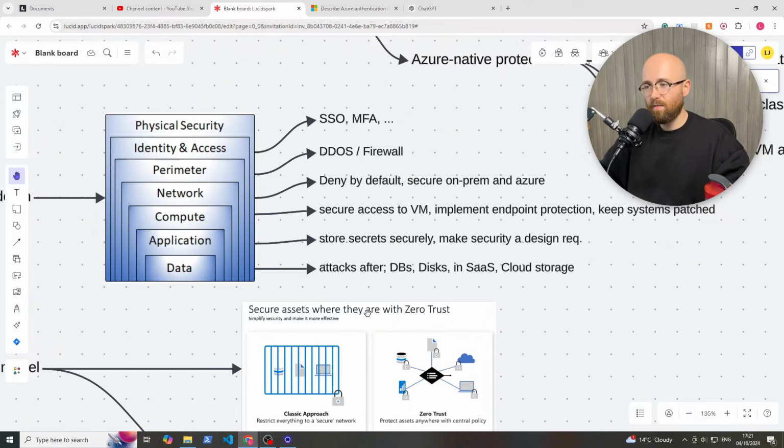And finally, data. They're after databases, disks, and they're also after the things which are in SaaS products, which you might not even consider. For example, your Gmail is probably tied to your Google Drive. Meaning, if you have data in your Google Drive and someone accesses your email, not only do they have access to your emails, which are probably linked to websites where you have your bank cards, so you're going to get in trouble there, but you're also then going to have your Google Drive exposed. So not to scare you, but this is why you need to be super secure. And then cloud storage with Google Drive. But SaaS was more pertaining to, say,